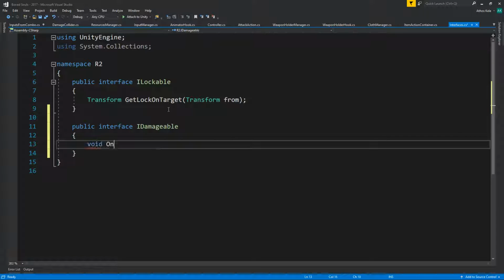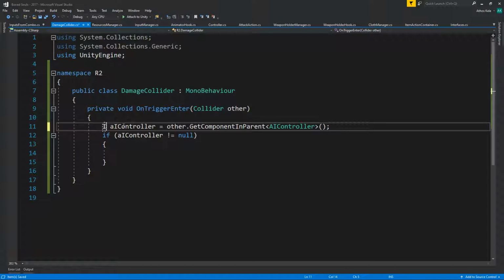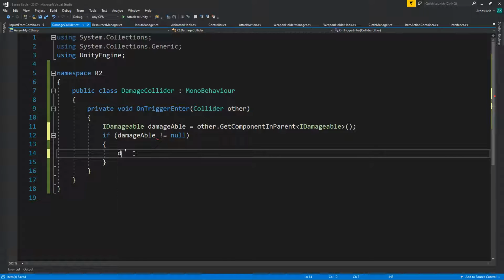And we're just going to do OnDamage. We're going to worry about what's hitting what later. Okay, so for this, we're just going to say damageable. Awesome. Then on the AI controller,